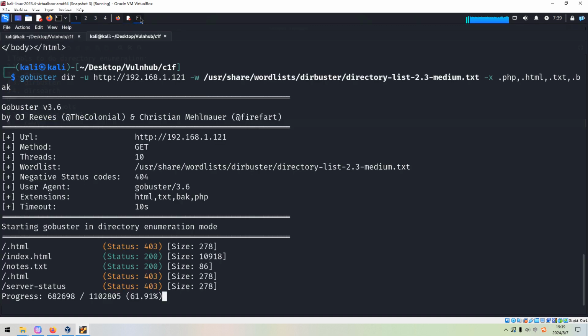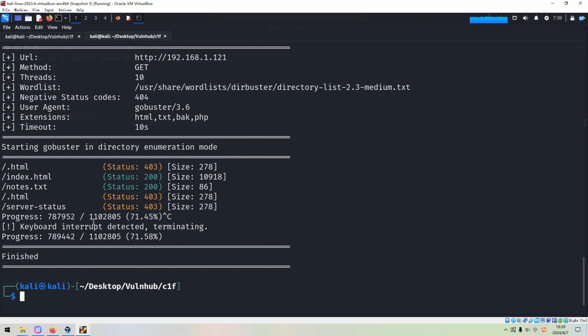Let's go back or pull up our terminal. I don't think we can find anything else in terms of directories or files. To save time, I'd like to interrupt it here. So I think we have already done almost everything we can in terms of enumeration.